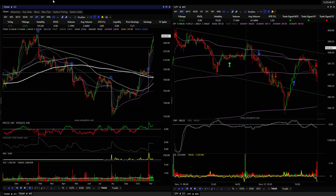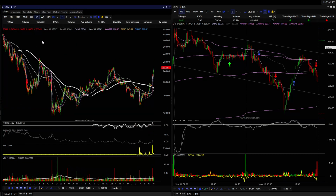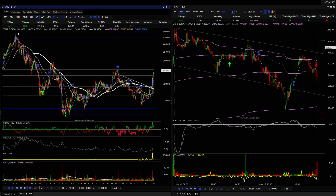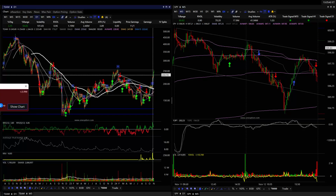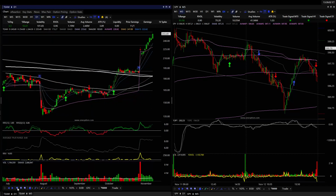Or I should have drawn it on the D1. So we're going to zoom out here, through this very long-term trend line from the all-time high through that level, which intersects pretty much right over here. That is going to tell us that, look, we got a pretty nice move, nice upside on this trade. So I added a little bit on that breakout, not a whole ton,